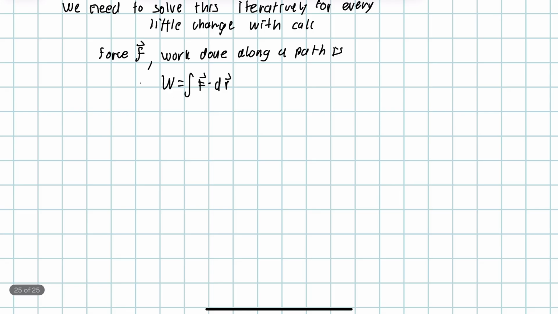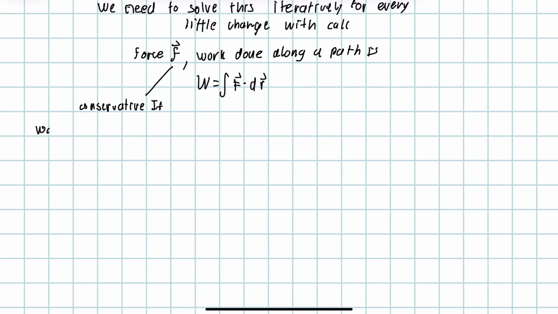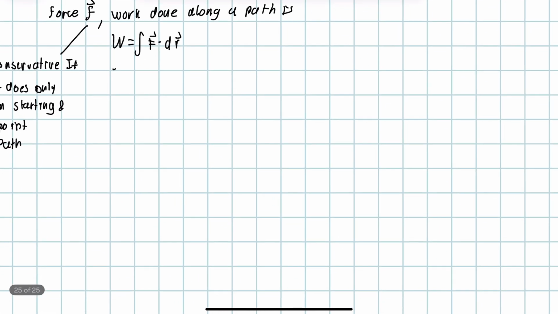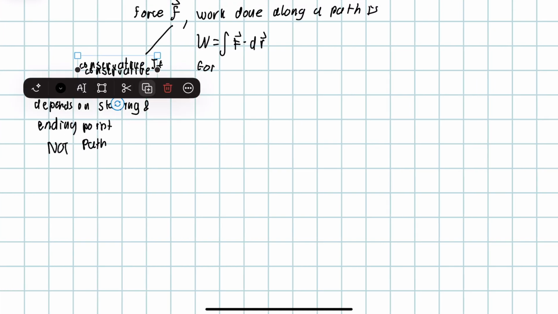And we also know that a force is conservative if the work it does only depends on the starting and ending point, so not the path. Therefore, for these conservative forces,